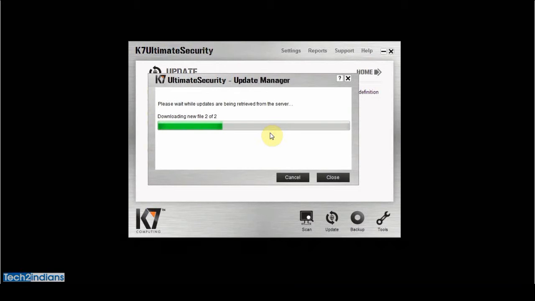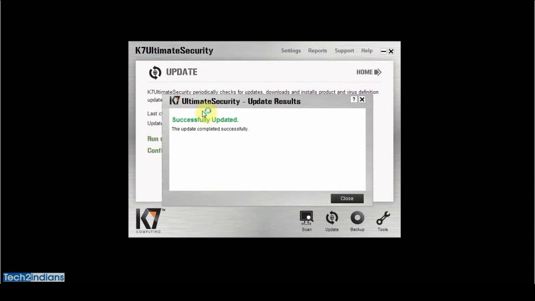The scanning process will depend on your computer hard disk and other components like processor and RAM, and it will show the timings. Now in my PC there is 4 GB RAM, so it will take up to 1.5 hours to scan my whole computer, and the hard disk size of my computer is 1 TB. So now the downloading of the file has been completed.